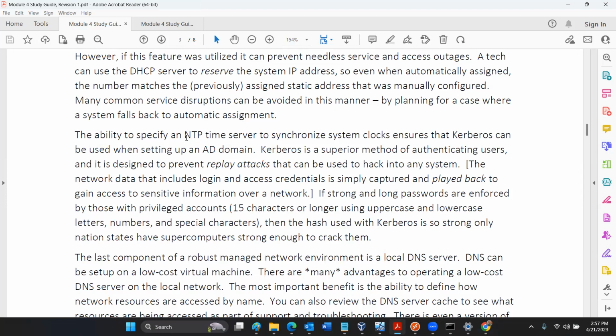We said it was time sensitive, right? So you have to synchronize system clocks, and that time synchronization and that network efficiency, basically Kerberos doesn't work as well in that domain environment if you don't have a tight, smooth, fast, and hot network.